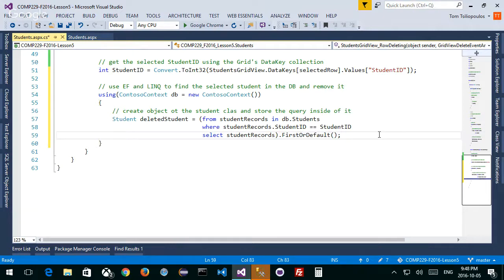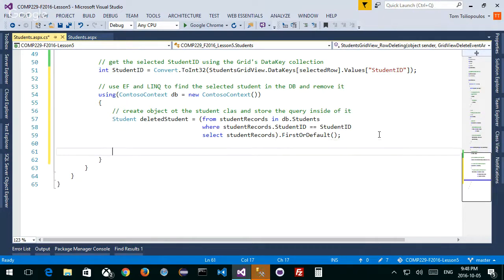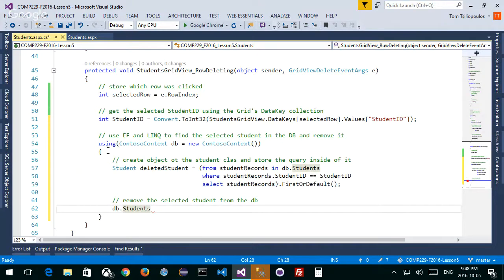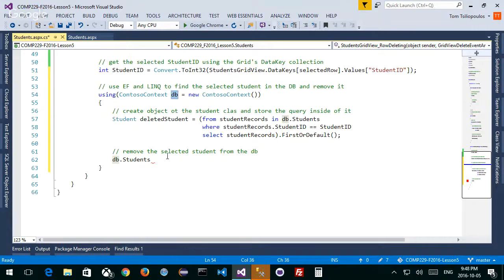Okay, so we did this one piece, and we're still inside this special using statement. Let's complete this. We're going to remove the selected student now, right from the database. What's the next piece? I'm going to say db.student. Remember, students is the students table inside the database. That's what I'm referring to. DB we created by doing this. When we opened up the connection to the database, we have access to all the tables that are created in that connection. Students is one of the tables. So I'm going to say, hey, look at this students table.